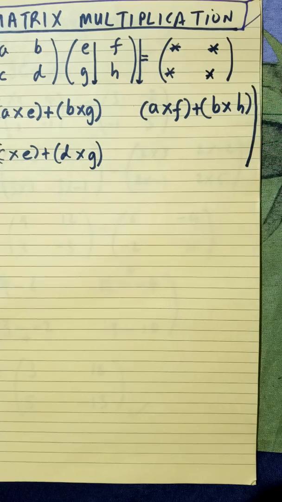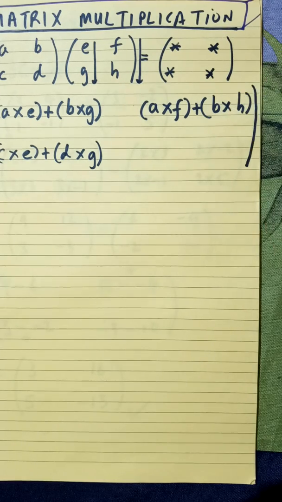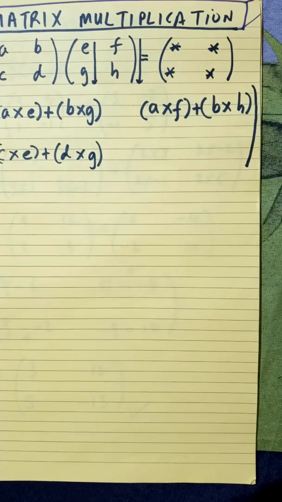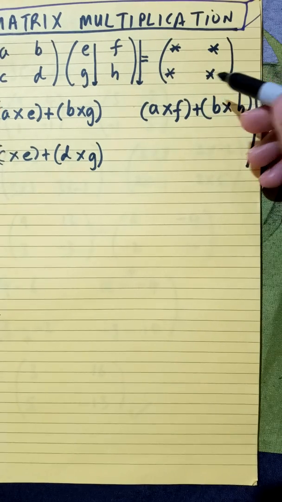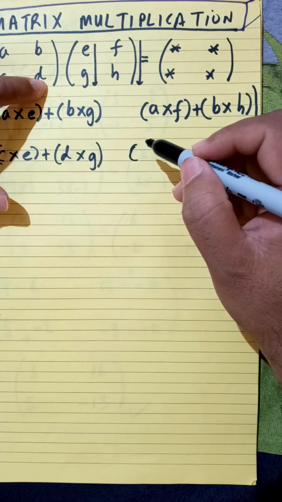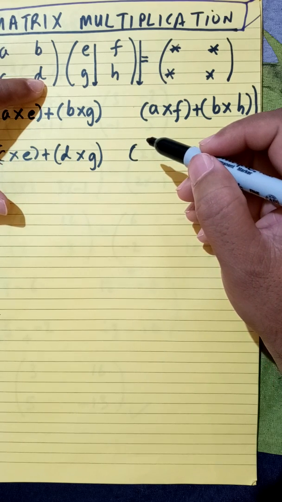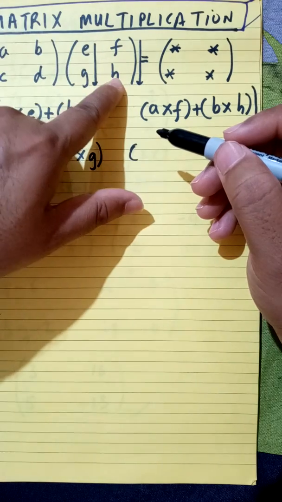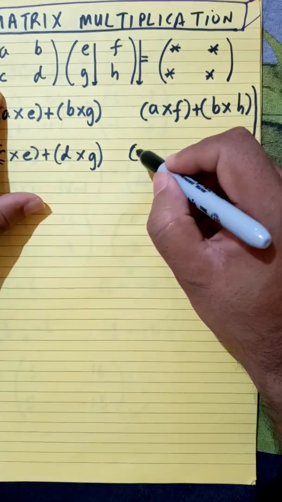Can you tell me how am I getting the last one? What combination? You can pause the video and try on your own. All right. So now that you have paused the video, let's continue. So to get the last one, we're going to use the second row of the first matrix with the second column of the second matrix. So it's going to be C